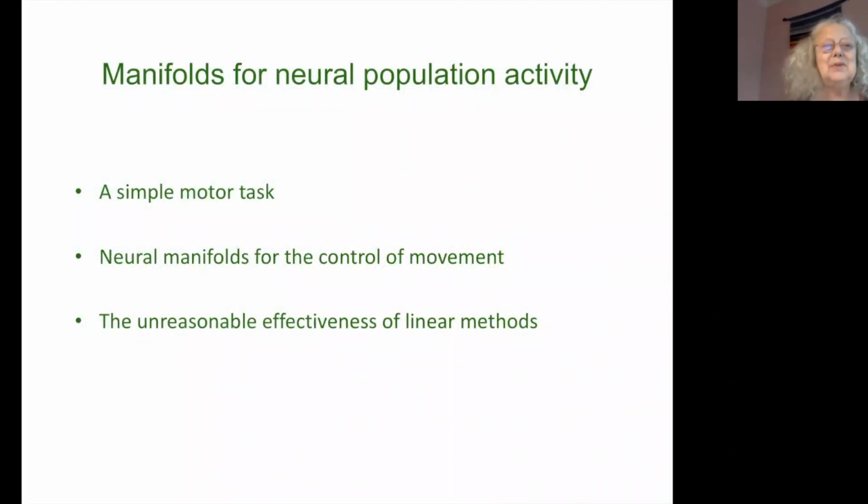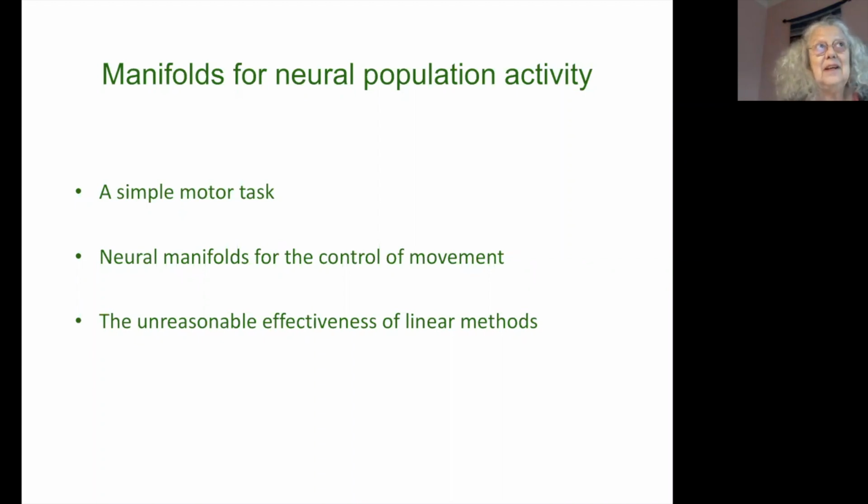So I want to introduce these, well, two notions really. One of them is the notion that if we want to understand how the brain computes and processes information, we need to look at population activity. We need to look at the collective activity of large ensembles of neurons. And the second concept that I hope you take home after my talk is that although this population activity defines